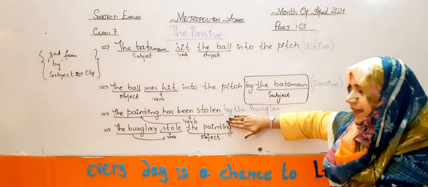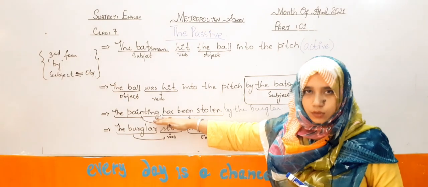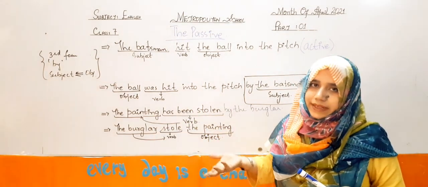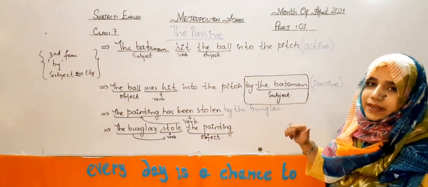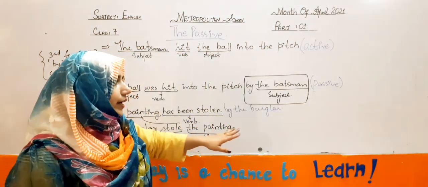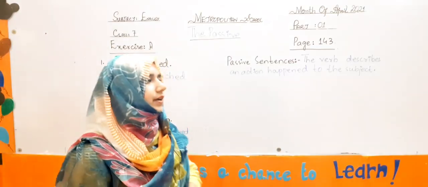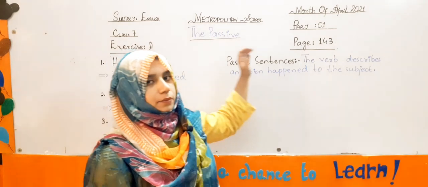Right? If I am not writing this sentence, it is a complete sentence that the painting has been stolen, because it is understood that the one who has stolen something is the thief or the burglar already. Right, my dear students? So my dear students, I am hoping that you are going to understand this active into passive voice sentences. So dear students, we are going to start our exercise, that is exercise A on page number